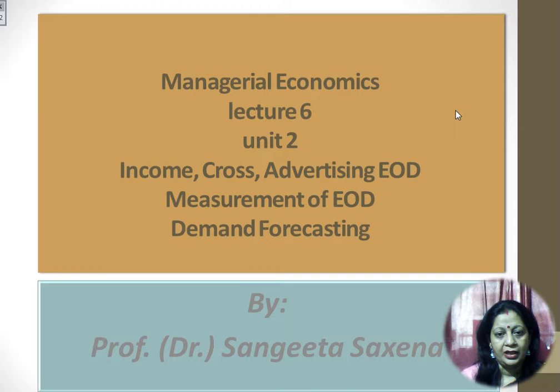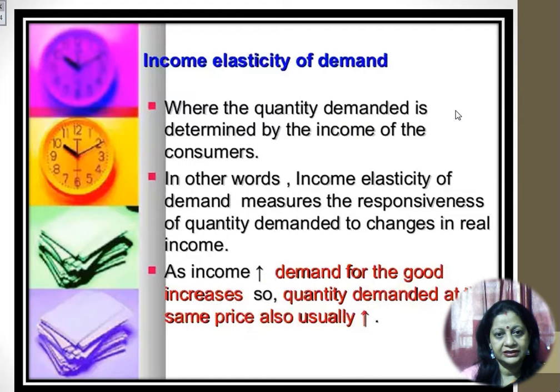Previously we have discussed price elasticity of demand. उसमें हमने 5 types की price elasticity of demand के बारे में discuss किया था, जिसमें था goods for comfort, goods for necessities, luxurious goods, and so there are some types of goods up to which the elasticity of demand decides the nature of that particular good, whether that good belongs to a luxury, whether it is a part of necessity, or whether it is a part of comfort.